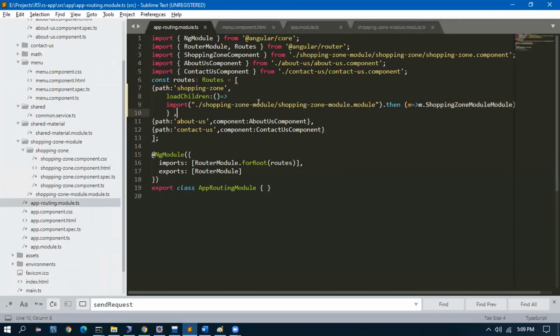It is known that this has to go to the about us component, which is there in the app module. This goes directly. This URL does not go directly. Instead, it goes to another module.